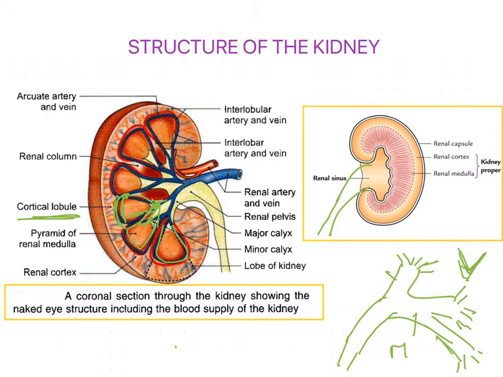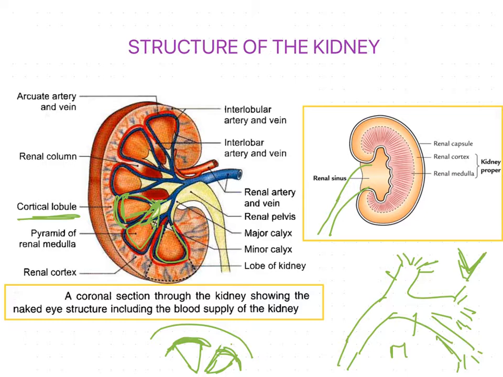If you consider the pyramid like this, I'm going to draw two pyramids, which are located in the medullary region, isn't it? Over this we'll find the cortical region. Over the base of this pyramid, the cortex of the kidney forms an arch-like structure, which forms a cap-like structure over the base of each pyramid. Those caps are called cortical arches or lobules.